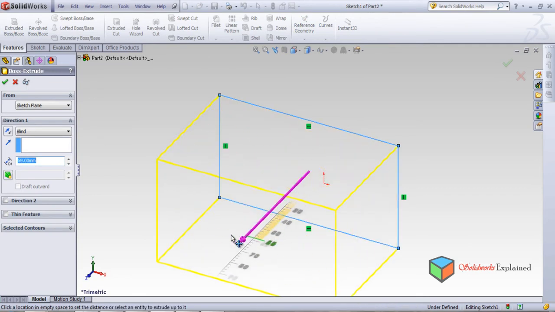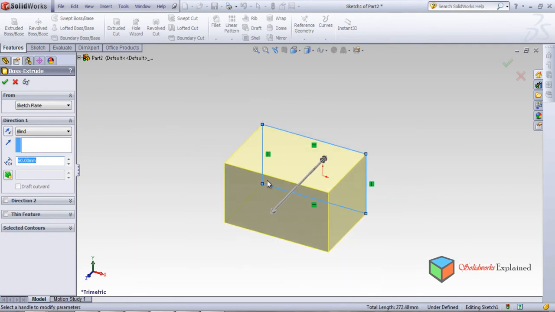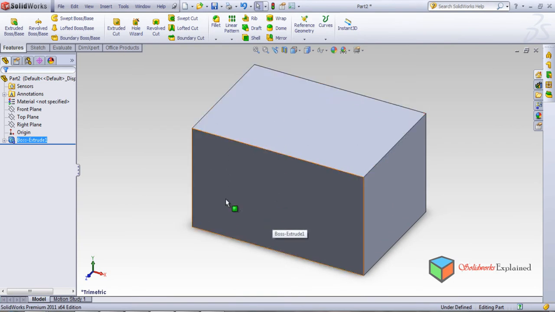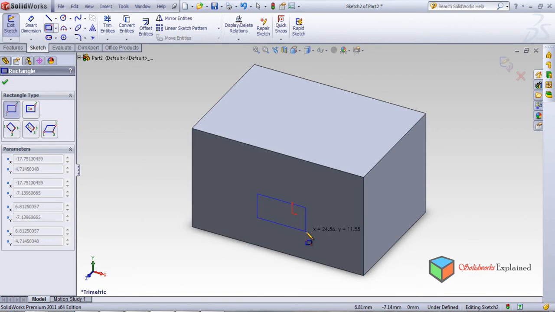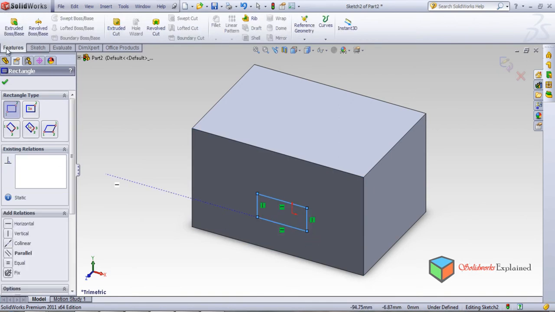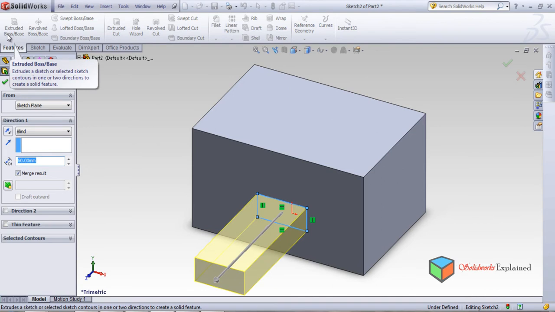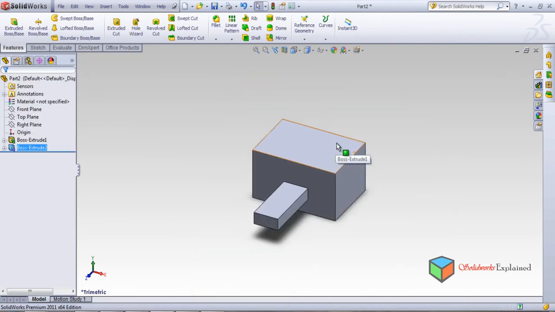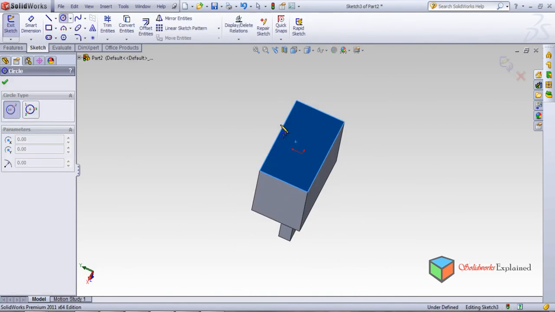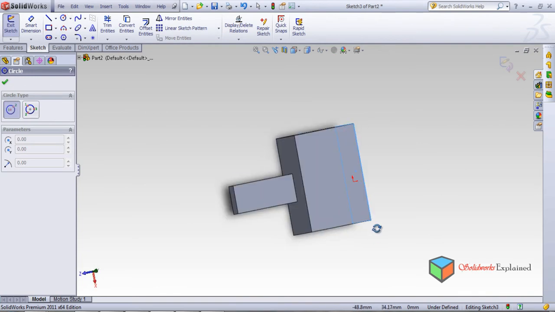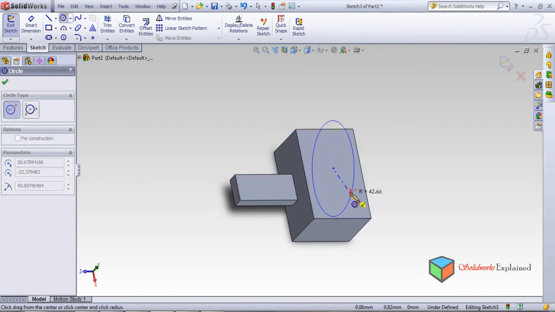I'll show you how to use the option fillet, but before that I need to make a part. Okay, so on this face I will be making one more sketch. Look here like this, and then I will extrude this sketch. Okay, and on the other side, on this face I want a circle, or else I will make on this face a circle,